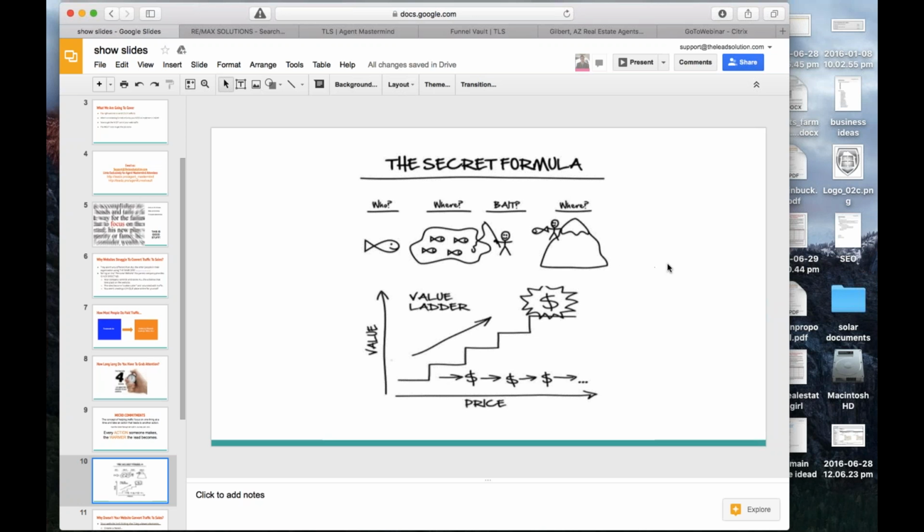And that's where we have the secret formula. So before you do anything online, it sounds basic, but a lot of people look over this. We need to know who we're talking to. We need to narrow down the type of fish that we're fishing. And then when we're getting ready to create our ads and our campaigns, we need to know where it is that we're going to look. So one of the big things is relevancy. And Corey's going to talk a little bit about that, but we need to make sure that the stuff we're talking about is very, very relevant.